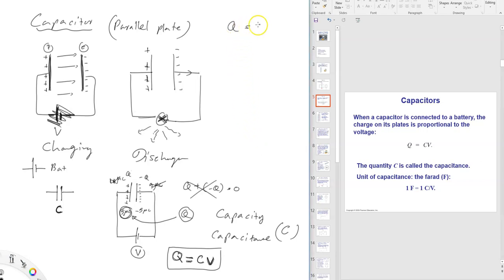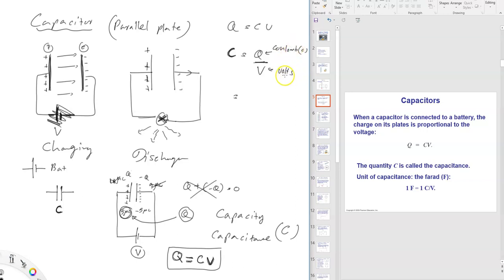Capacitance, or Q equals CV, we can rewrite it: capacitance equals charge per volt, the amount of charge accumulated per 1 volt, right? So this charge is Q. Now here's the thing, this capacitance is C. The unit of charge, coulomb, that's also C. So we have to be careful not to get confused between this. Capacitance and coulombs have the same symbol, alright? This is volts.